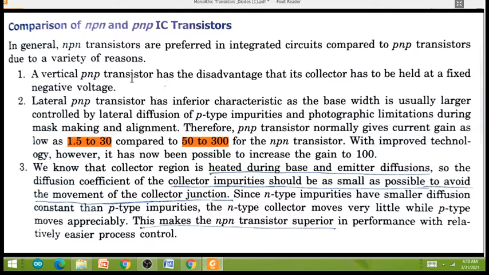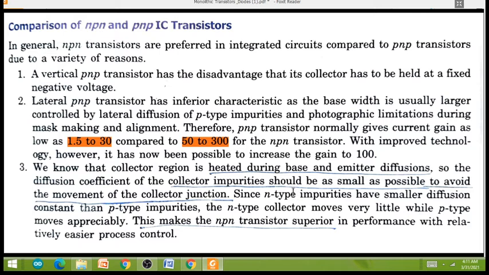The last and important point in the variation between the NPN and the PNP transistor: if you look carefully, these three parameters can become an individual question. The collector region is heated during the base and emitter diffusion. So the diffusion coefficient of the collector impurity should be as small as possible to avoid the movement of the collector junction. That is a very important point over here: the collector region in the PNP transistor is always affected because of the heating during the emitter diffusion,